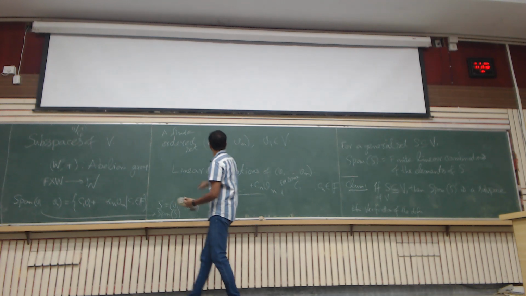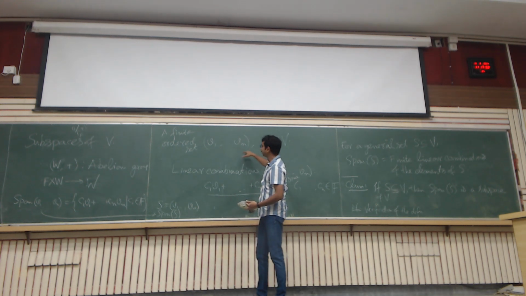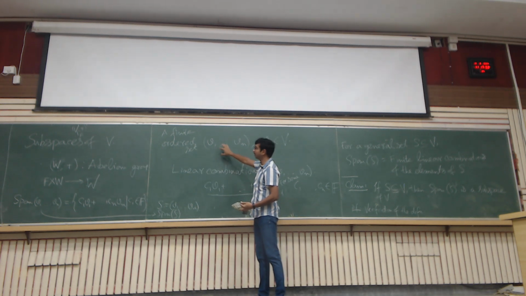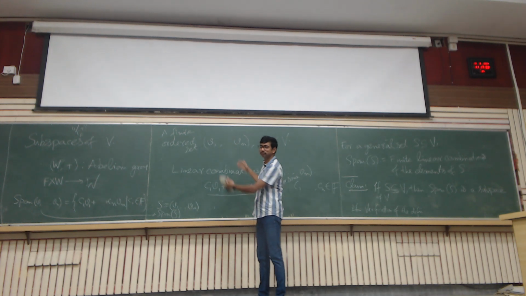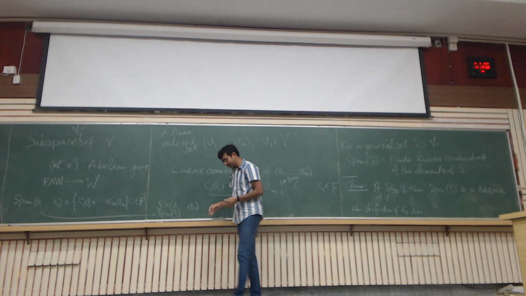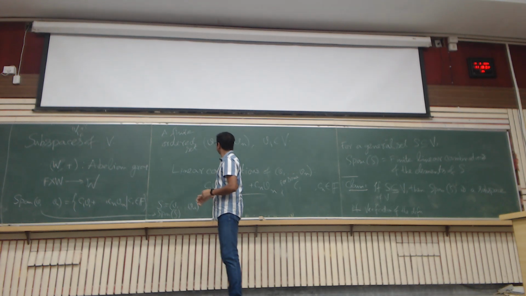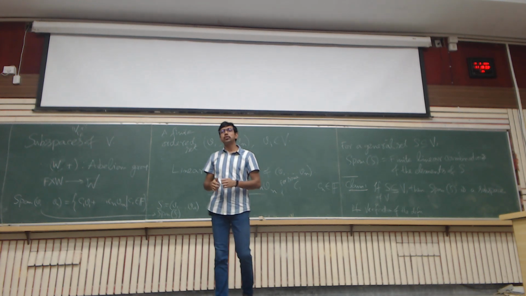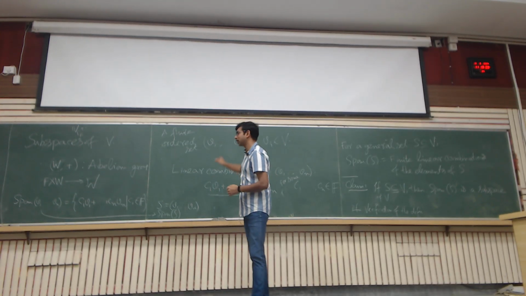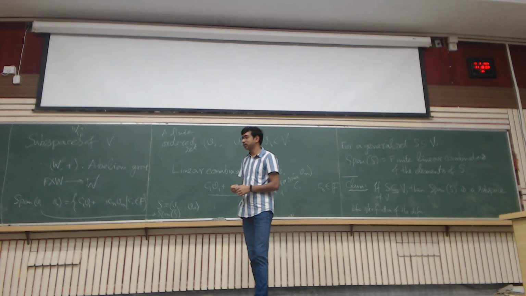Ordered set. Well, here we mean that the order is preserved, so you are not allowed to replace V1 with V2. But nevertheless, we will soon talk about something else, and there the order will not be important. But here the order is important because you see,